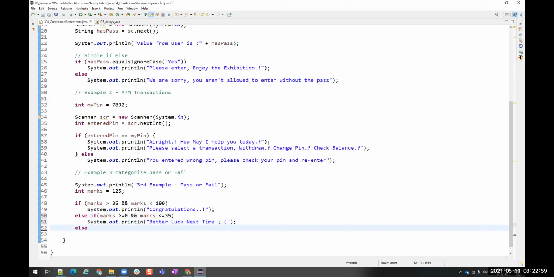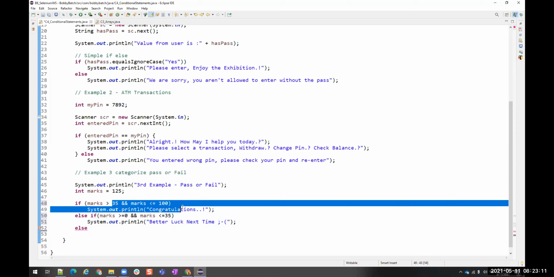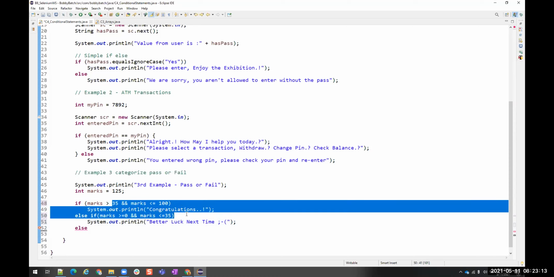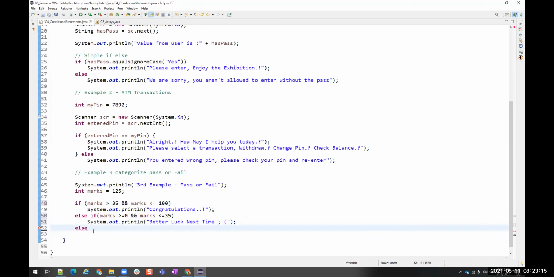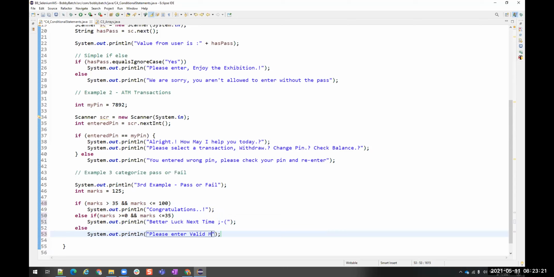Else, if I give any other value which is not between 0 to 35 or 35 to 100, it should be less than or equal to. Even if I get 100, it should say congratulations. If I give any other value other than this, it is invalid, so please enter valid marks.